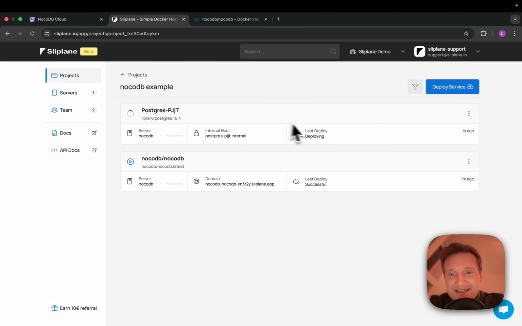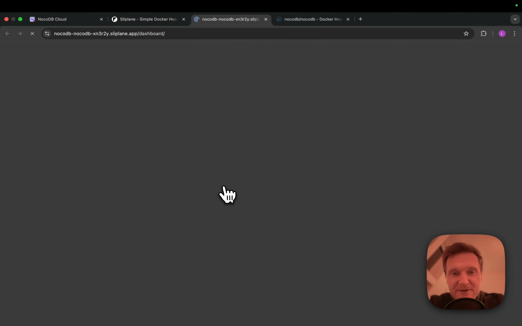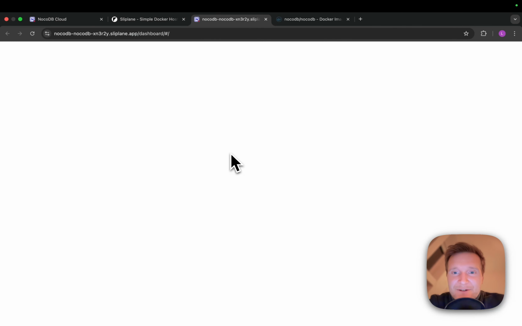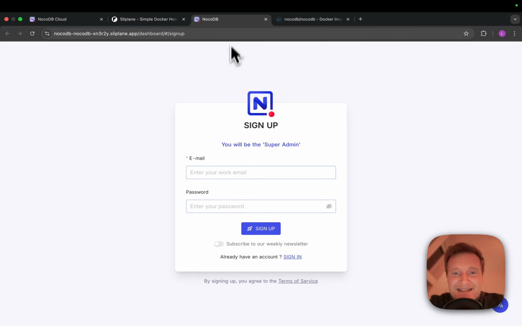And while Postgres is deploying, as you might have already noticed, our NocoDB instance was deployed successfully. Great. So we are hooked up with this domain that we can use. And if I click on the domain right here, I am redirected to our instance of NocoDB. And the first thing that we have to do is create an admin user that will be the super admin for